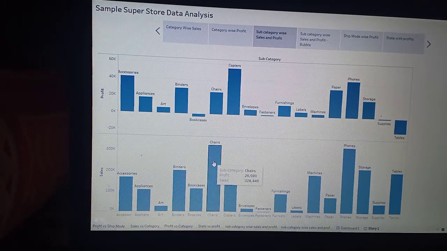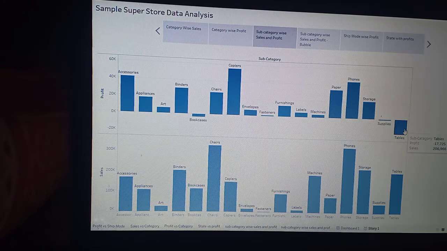But one thing we can see here is that some of the profits are negative. Like for bookcases, which also come under the furniture part. Fasteners, I think, come under furniture. Then tables are there, which come under furniture. So because of bookcases, fasteners, and tables, mainly because of tables, because it's too much negative, negative 17,000, I think we have to focus more on the tables part.